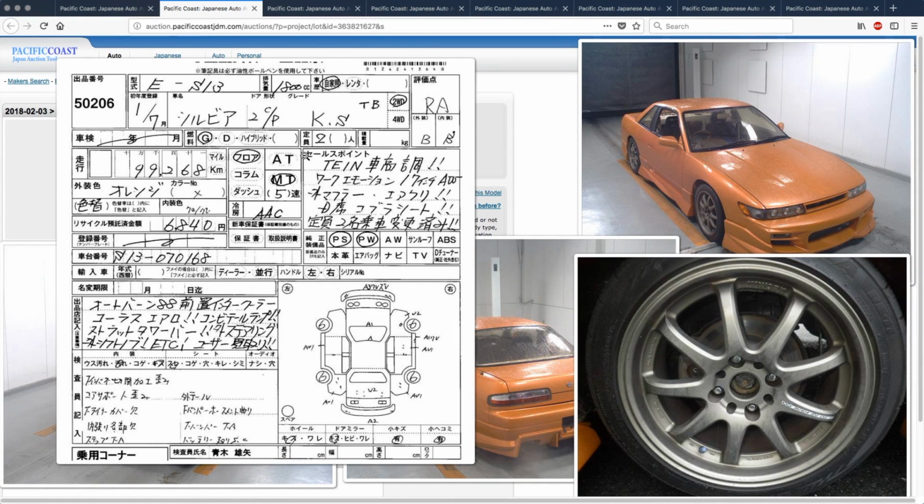Color change to orange, auction grade RA because it's been in an accident. Interior is B- and exterior is B. 99,268 kilometers on there is not that bad. Tein adjustable suspension, Work Emotion 17-inch wheels, aftermarket exhaust, air filter, drivers,